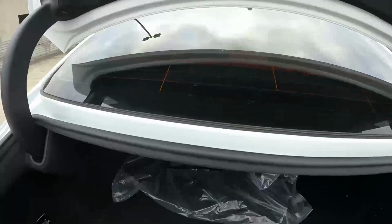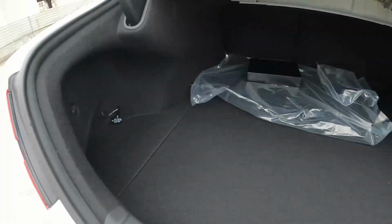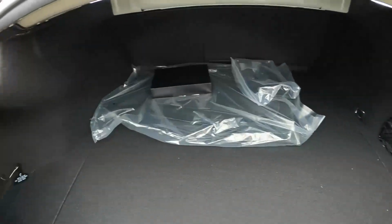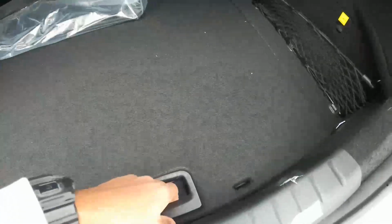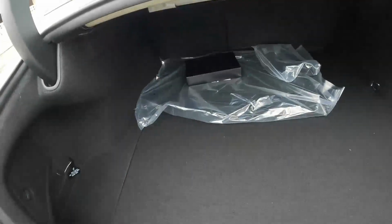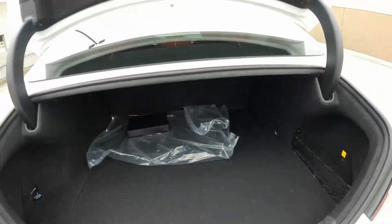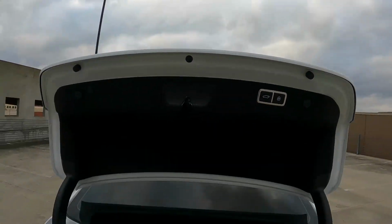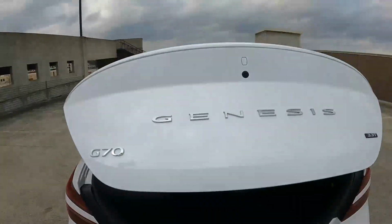Now, as for the trunk space, it's not the biggest trunk, but it's okay. You get 10.5 cubic feet of space. You do get a spare, and it's all right for a luxury sports sedan like this. I'm not mad. Not mad at all. Same deal, but to close the trunk, press that button, and then just watch it